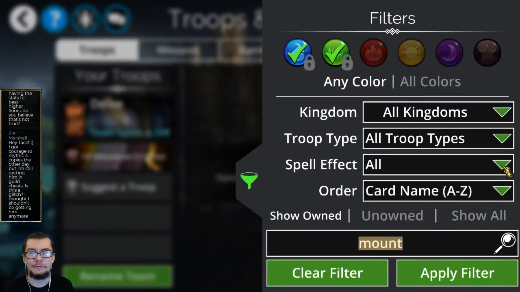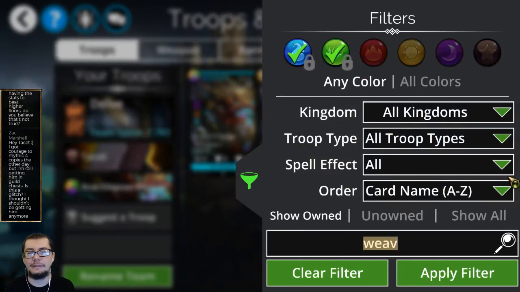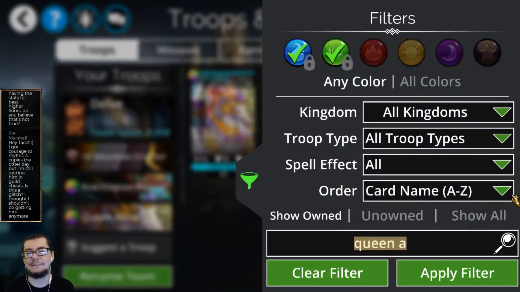Actually, I might keep Weaver for the first few, but that's about it. Bring a Weaver in here, and then we just need 2 other things to get us rolling. I almost want to go double Queen Aurora. How about 1 Queen Aurora? Actually, I believe I did do double Queen Aurora last time, didn't I? But we'll go do that and get ourselves a...